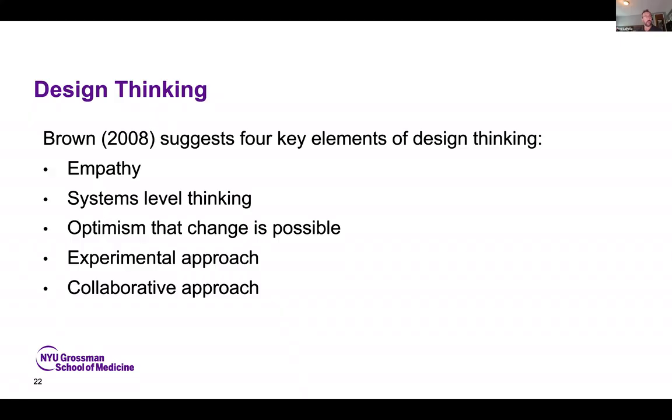And there's definitely, realizing I've written 4, but of course there are 5. My apologies, on the screen. But in any event, there are 5 elements identified by Brown relating to design thinking, the first being empathy. So really focusing on trying to communicate with your end audience as opposed to communicating at them, and thinking as much as possible about systems level thinking.